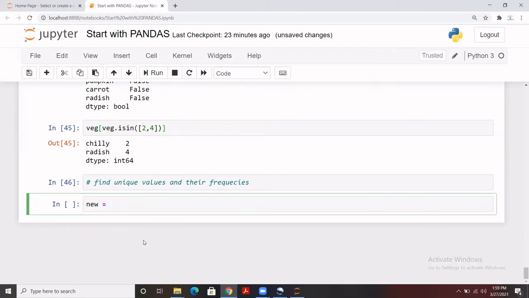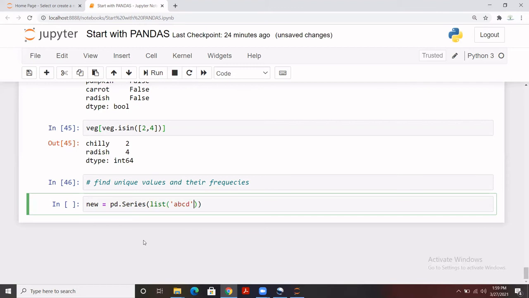I have given the name new, and I'm going to create this series something like this. The list function I'll be calling like this, and then a b c d is the value. I have to put that in quotes. I'll showcase how it works.